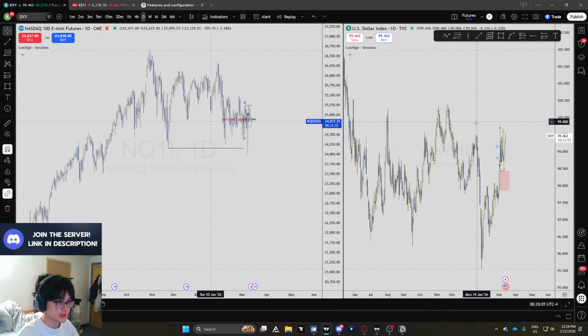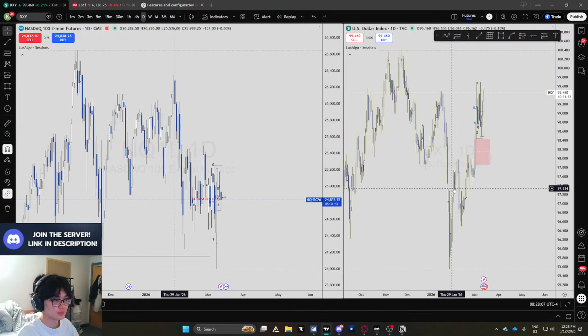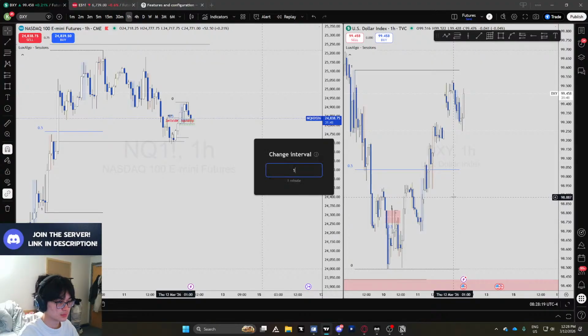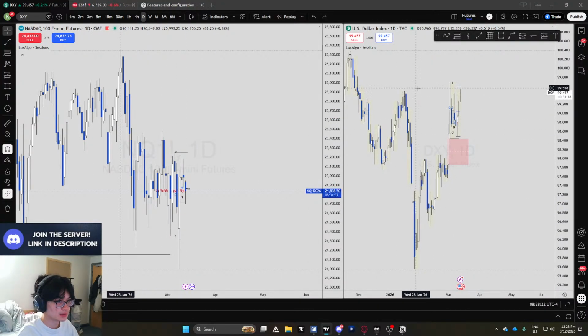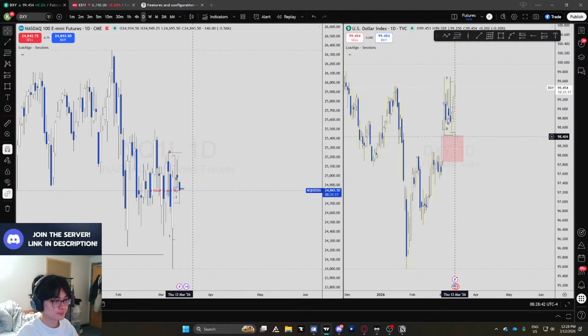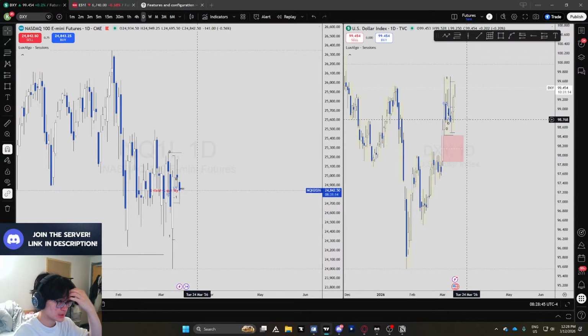Yeah, so honestly, overall on the daily, I want to see that fair value gap get hit since we closed below and back inside that range. So far, we've rejected off of something. I don't know what it is, but